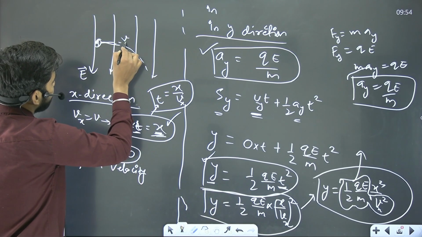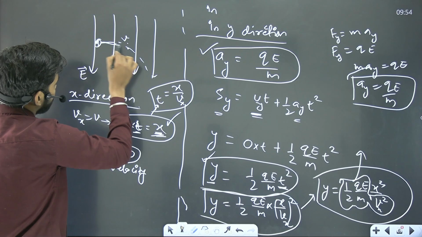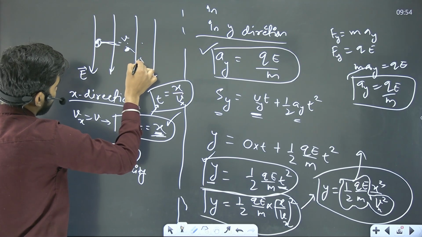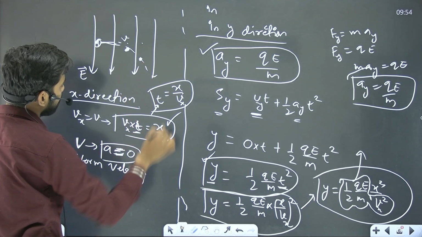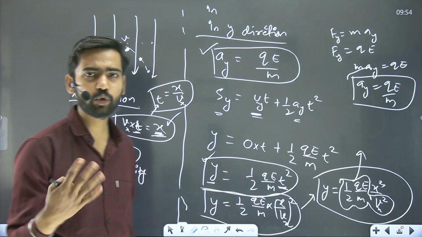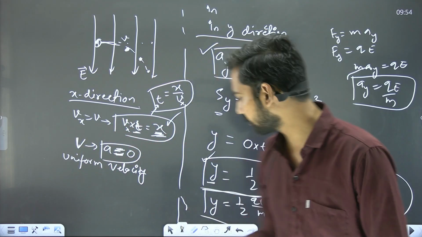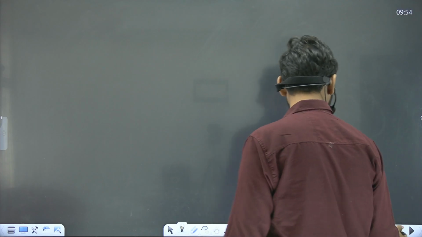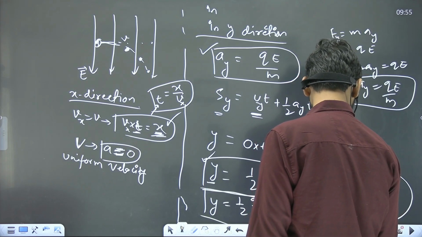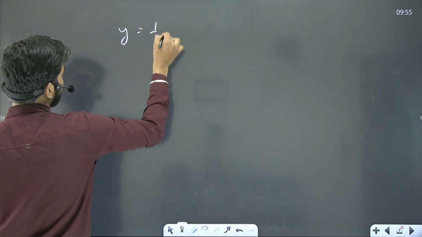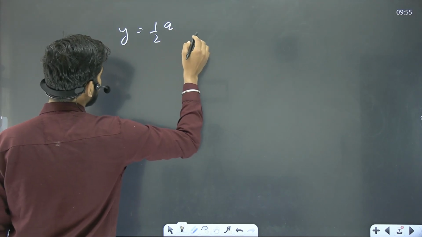Like if your x is here, then your y is here. The motion shows that the particle is at this position. X is here, y is here, then the particle is here. X is here, y is here, it shows the particle is in this position. It shows the position of your particle actually. There is a relation between x and y. And whenever I get a relation in x and y, it means